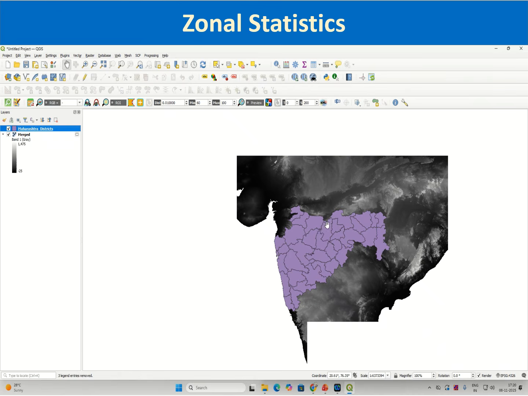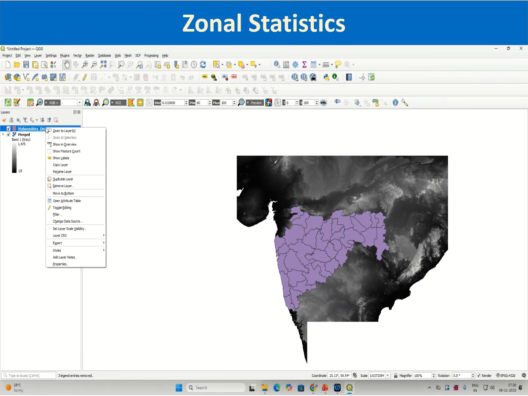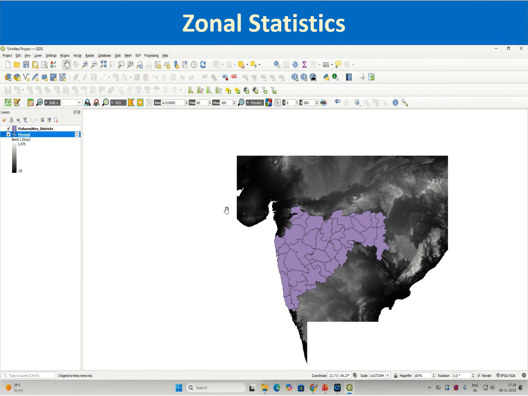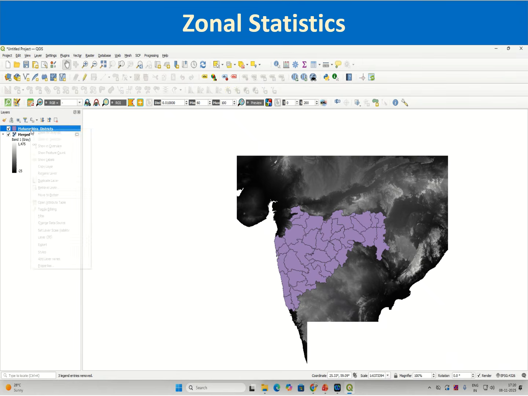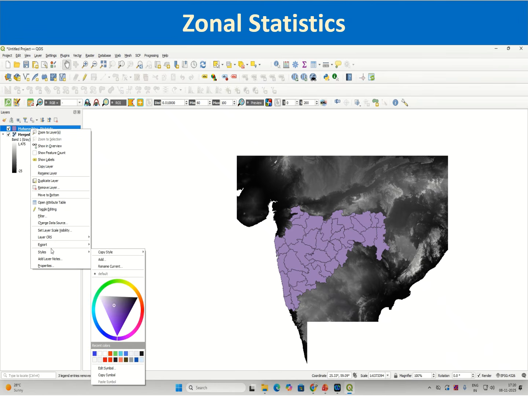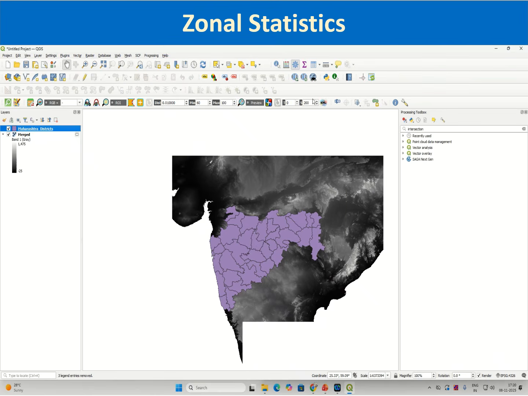Actually, this UTM zone is spread over two zones, but anyway, let us try by only reprojecting this district shapefile by going to processing toolbox,